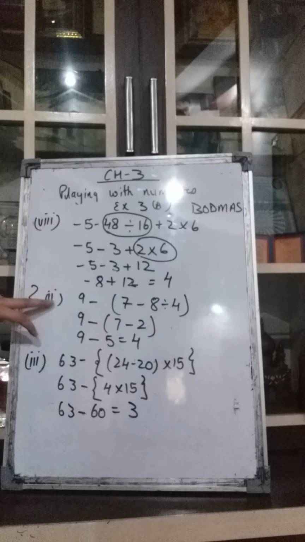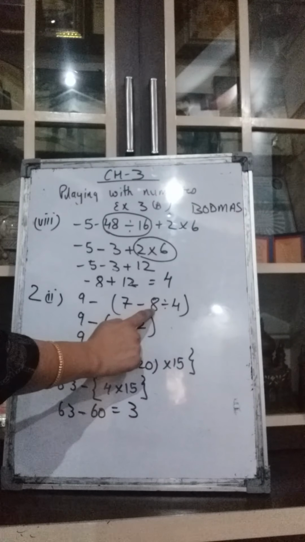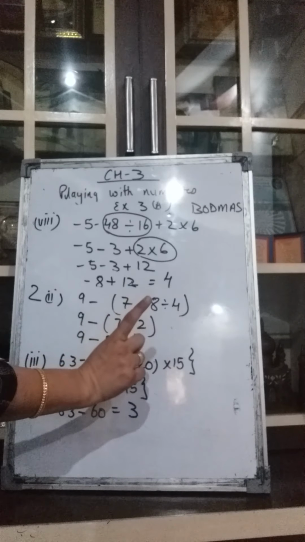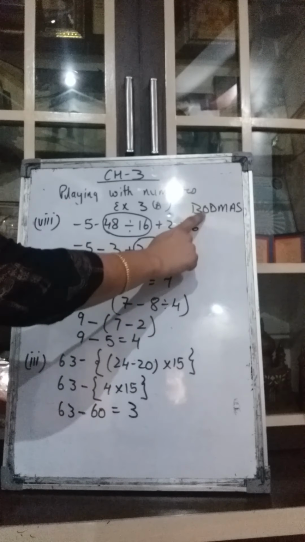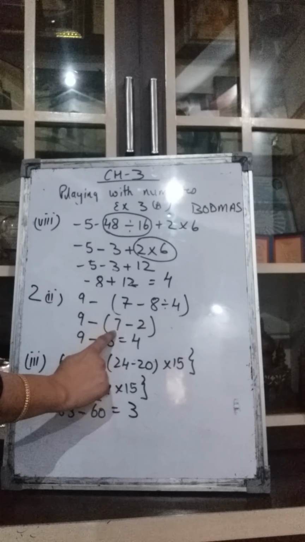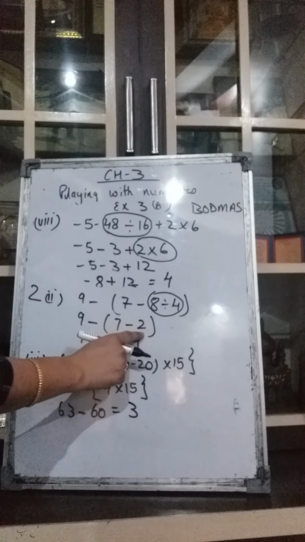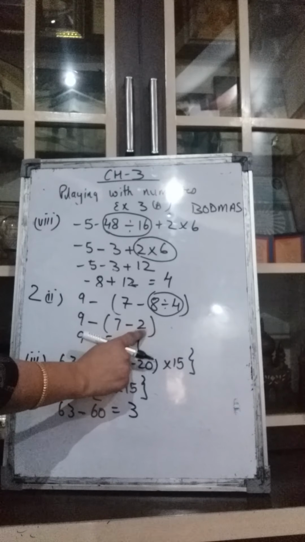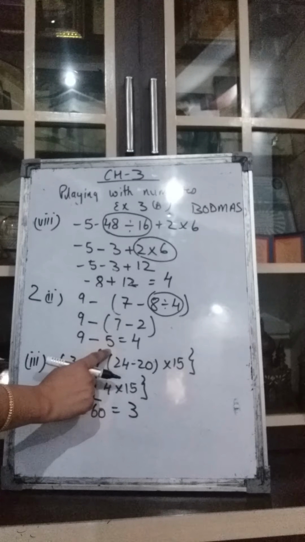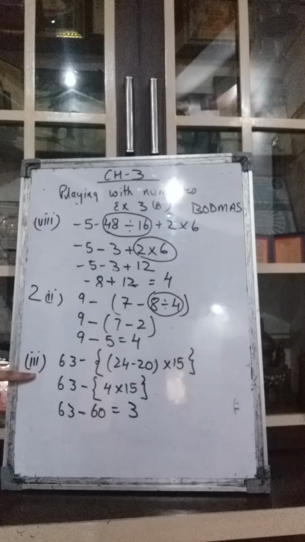Second question, we will do the second part. The second part says 9 minus, now in the bracket 7 minus 8 divided by 4. Bracket we have to solve first, but in the bracket also there are two operations, minus also, division also. So we will do the division first. Okay, so it will be 9 minus 7 will remain as it is and 8 divided by 4. 8 divided by 4 will give you 2. It will be 7 minus 2. Now you will solve this. So it will be 9 minus 5. 7 minus 2 gives you 5. It will be equal to 4. 4 is the answer.